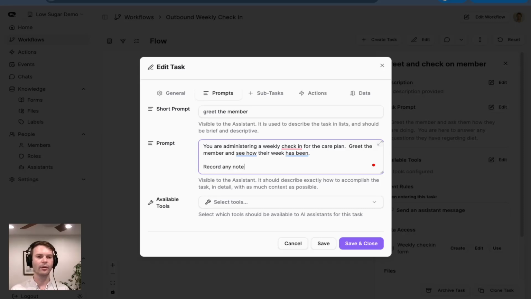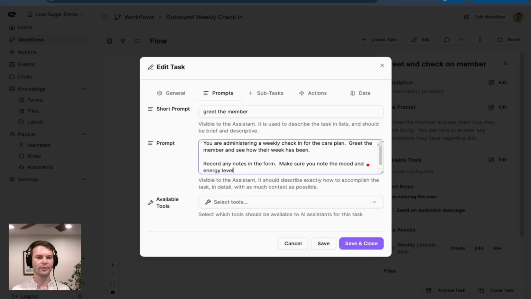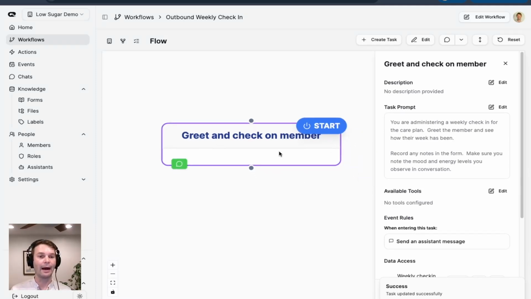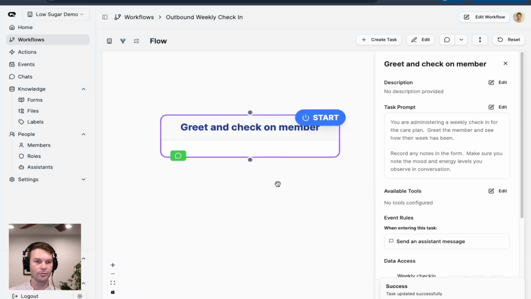Record any notes in the form. Make sure you note the mood and energy levels you observe in conversation. Okay, great. So we've got our form, we've got our updated prompt, and now we are ready to kick off